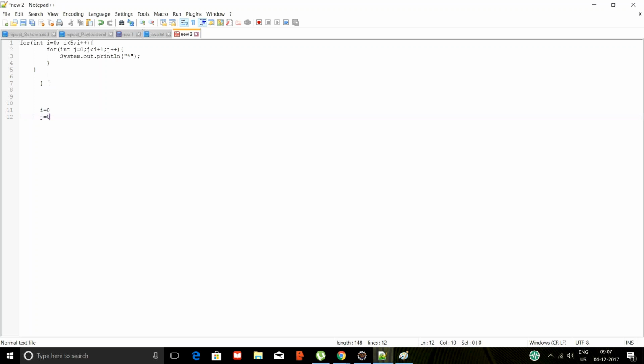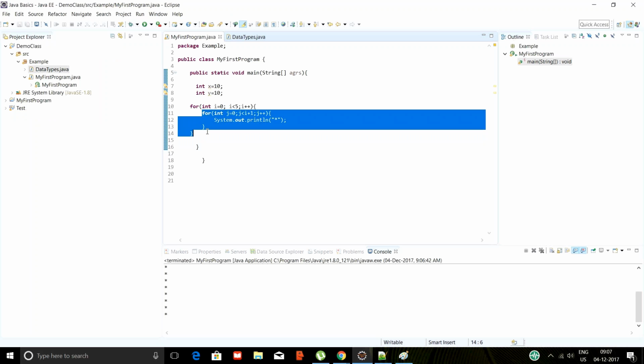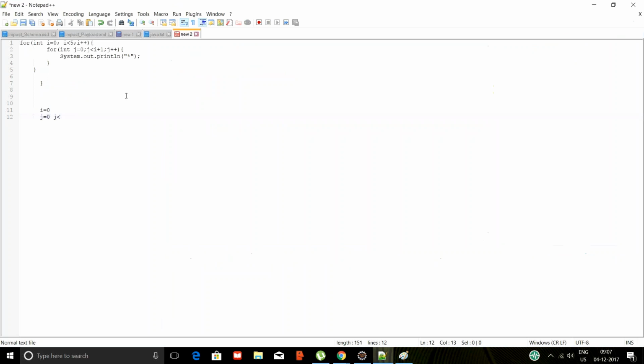This inner loop is going to execute first. Then whenever this loop finishes, it comes back to the outer loop and checks again. Let me do it with this inner loop, for j is equal to 0, j plus plus,